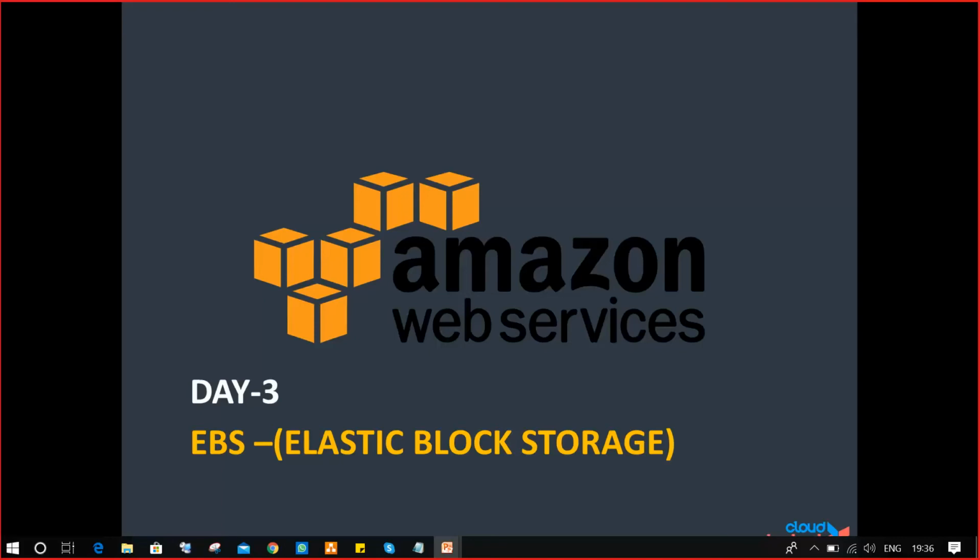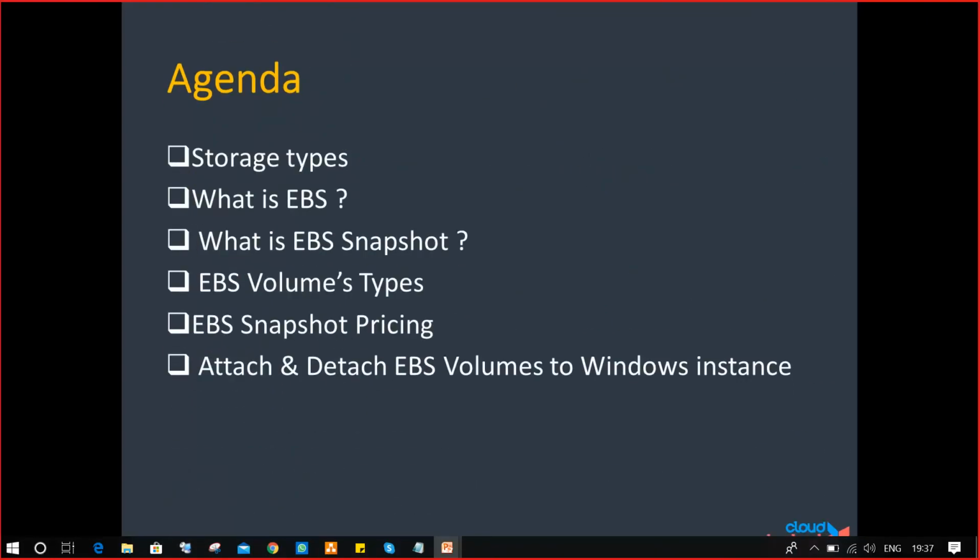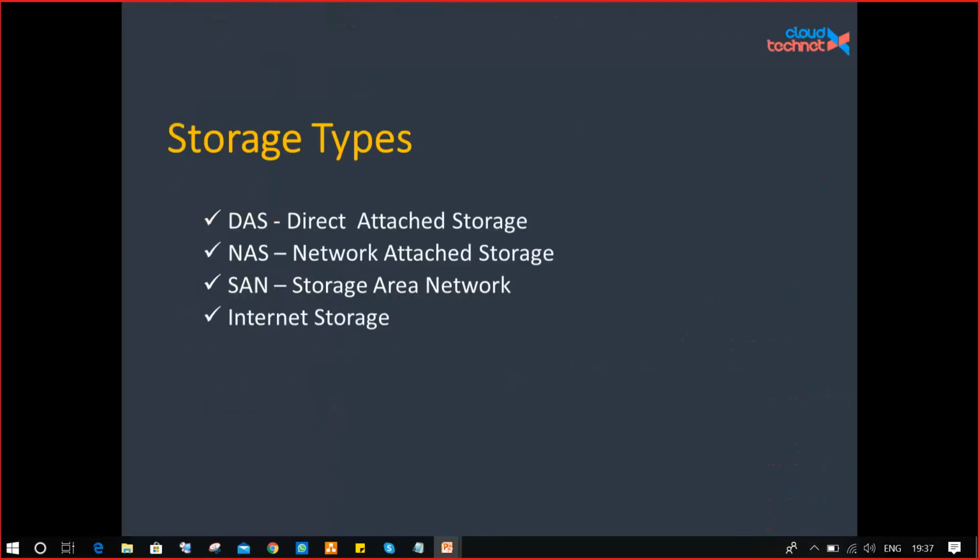We already have some experience with your C drive, D drive, file system, folder structure, permissions and all. The same kind of structure will be explained in Amazon Web Services. So the block level storage concept will be with the EBS service. These are the points we'll be covering in this module. So let's go to that.